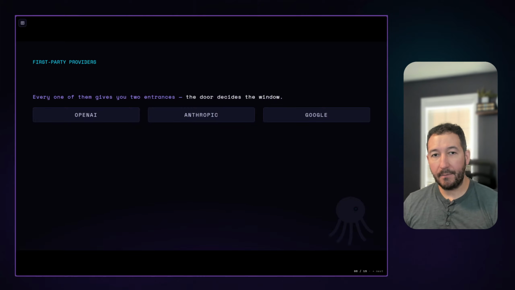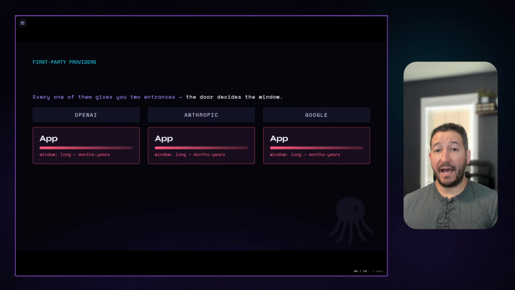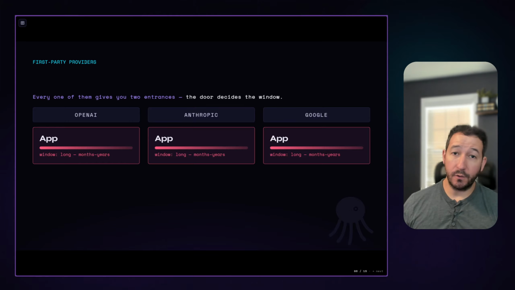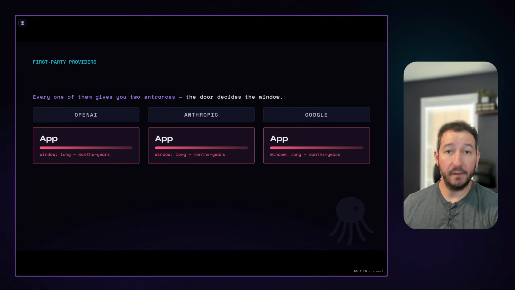Now let's start talking about some of the first-party providers or closed-weight providers, if you will. OpenAI, Anthropic, Google. Now, in general, when you use the app, your data stays in that app for as long as you have the account with them, unless you hit that delete button. So again, once you hit that delete button, then you kind of start that timer of the retention window, after which your chats are deleted from those servers.